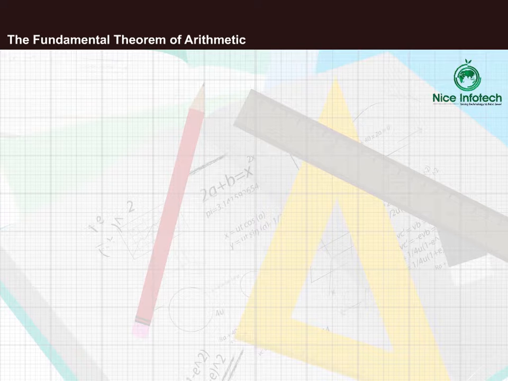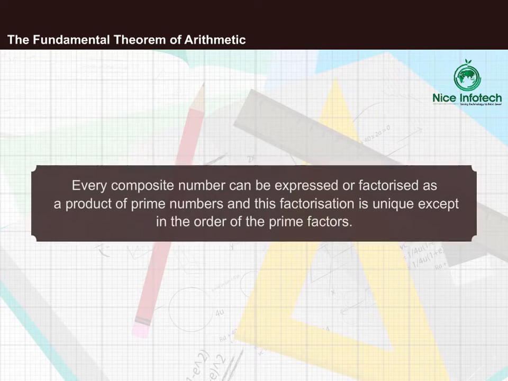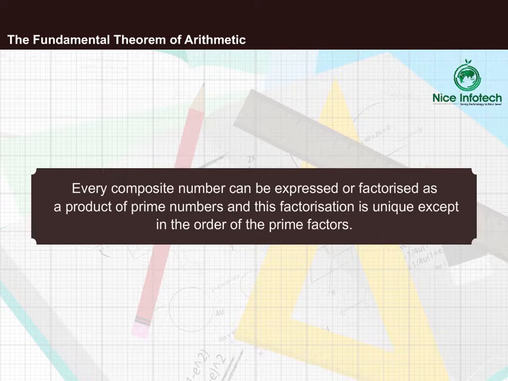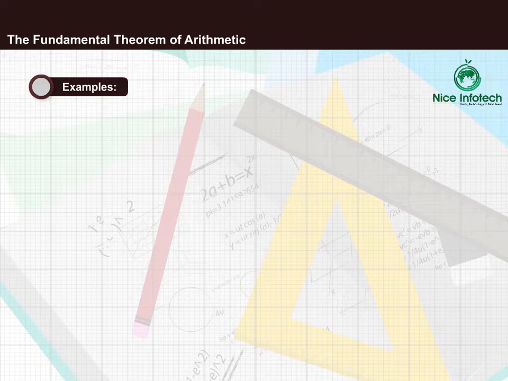The fundamental theorem of arithmetic. The fundamental theorem of arithmetic states that every composite number can be expressed or factorized as a product of prime numbers, and this factorization is unique except in the order of the prime factors. Let us take any composite number and factorize it. For example,